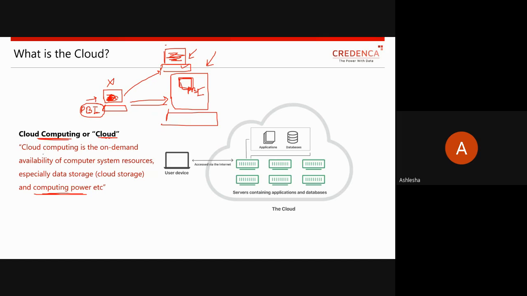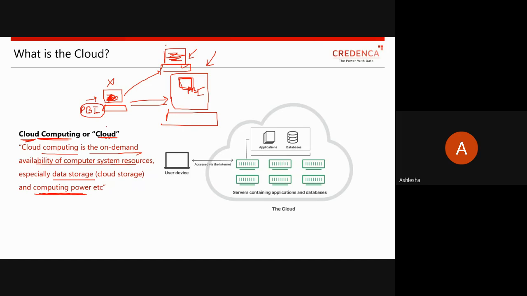So cloud computing is the on-demand availability of computer system resources, used to store our data on a server of a different company, along with computing power.